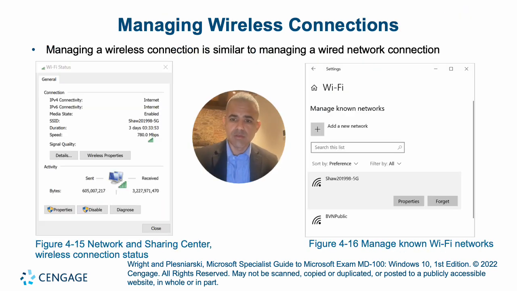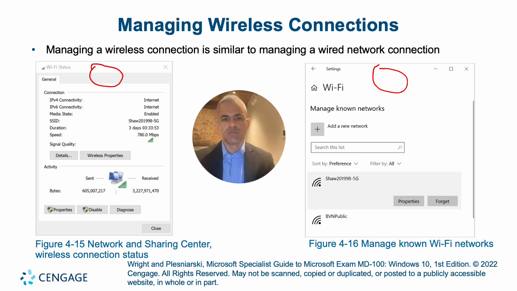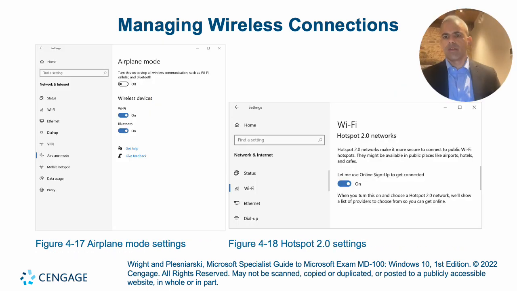How do we manage it? Well, Windows likes to give us options. We can go into settings and then go into network sharing, and we will see this screen here on the right, or we can right click directly on the adapter, and this will give you this screen here, which will tell you all types of information about your status and how your device is connected. Now, how do we manage wireless